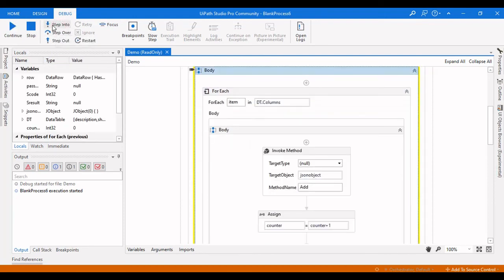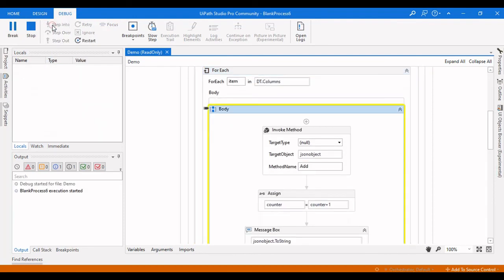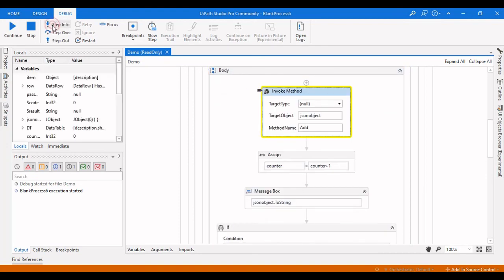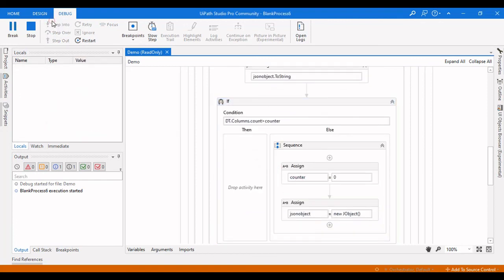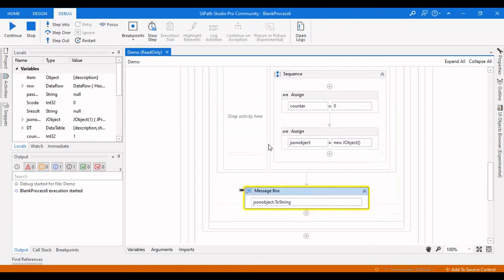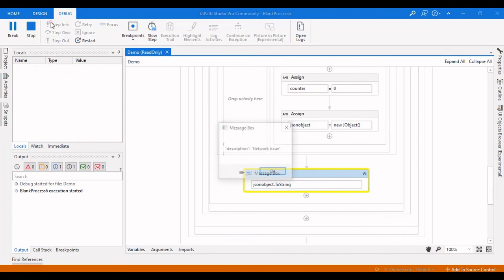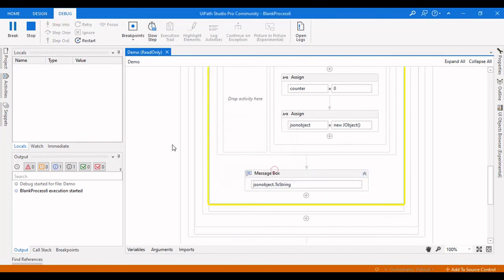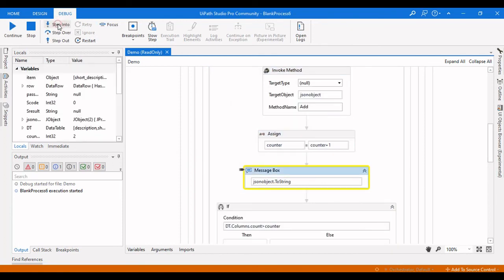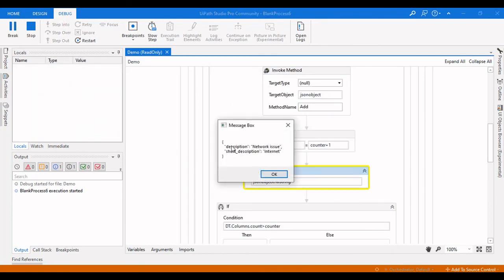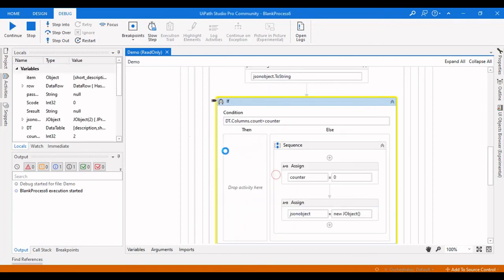So this is the tricky part, while actually making the Excel part loop again and again. So this will be the JSON object for me, and now it has gone to then. Now it will show you the JSON object, and again we are coming from the top. Now you can see the JSON object is created.